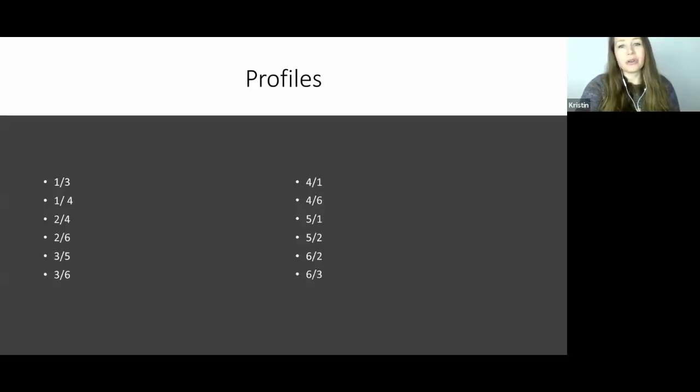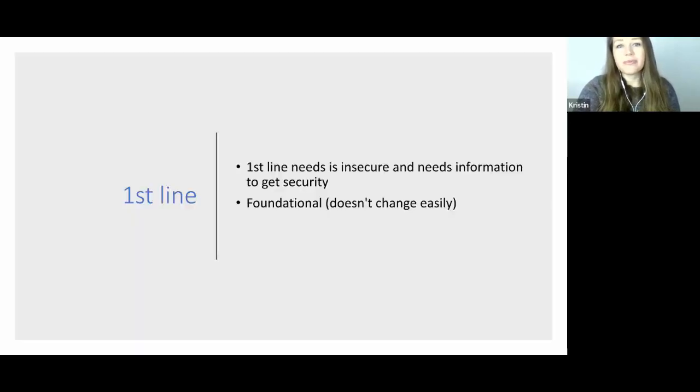So now let's look at the profiles, because I think the profiles have a little bit more of a bonding strategy than the centers do. The first line profile is deeply insecure. And the way that it gets security is information, okay? And so imagine having a first line as a mom. And by the way, I'm a 1-3 profile and I have 3 kids. And they know this about me because it's not personal, but having information will give me security.